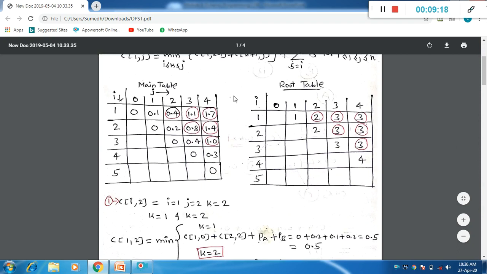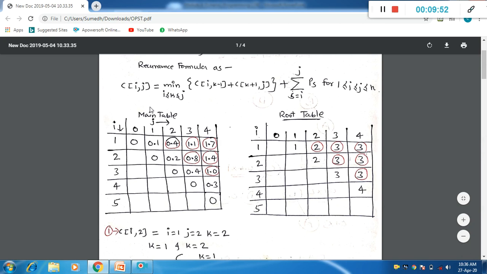One is called the main table and one is called the root table. How do we set up the main table and root table? All the rows represent the i value and all the columns represent the j value, as shown in this table. The i values start with 1, and the j values start with 0: 0, 1, 2, 3 and 4, and the i values are 1, 2, 3, 4 and 5. Initially, for all the diagonal values you have to place the value 0, 0, 0, 0 and 0 as shown in this diagram, and next you have to put the